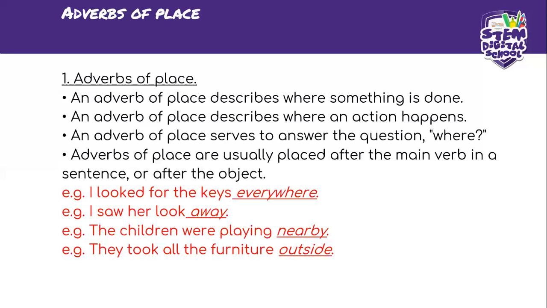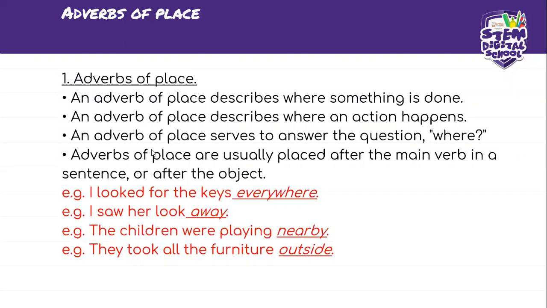So that is something that we should remember: every time you see an adverb of place used, you know that it is used to answer the question where. What that does is it really helps us to understand more about the whereabouts or the place where an action has taken place, where an event takes place, or where something is done. So that is how adverbs of place work.